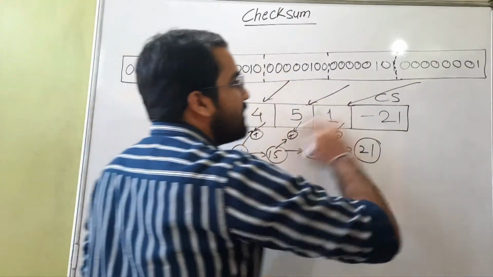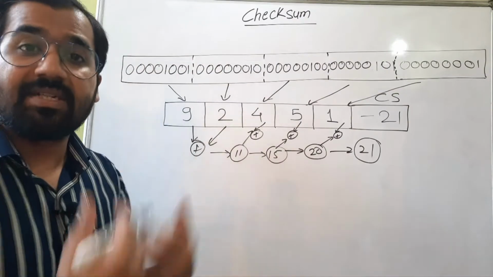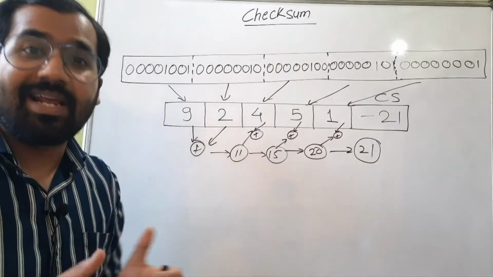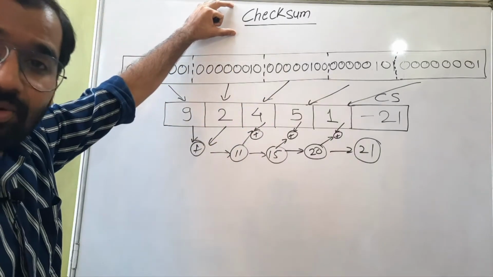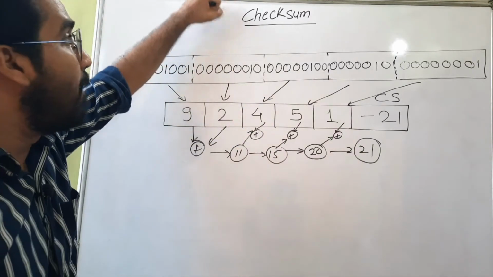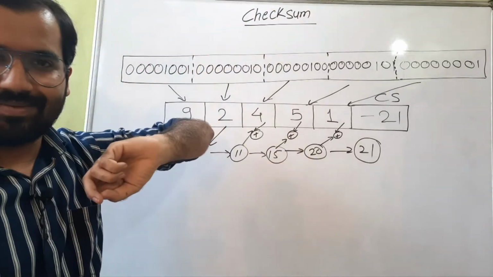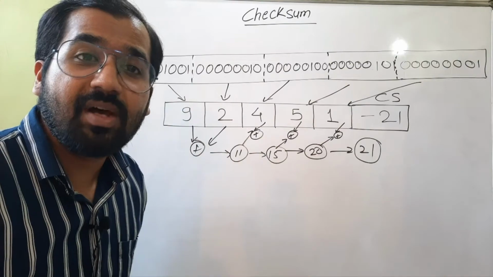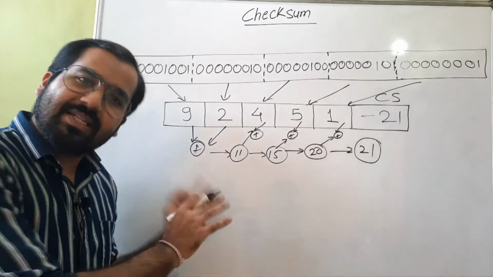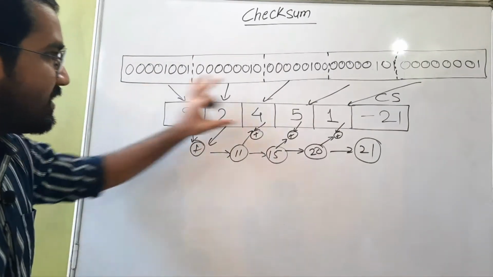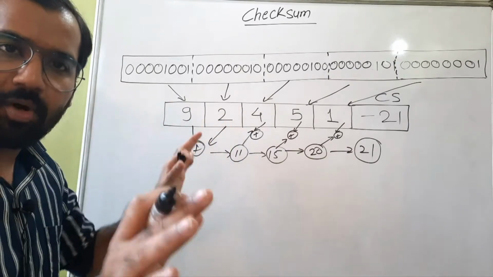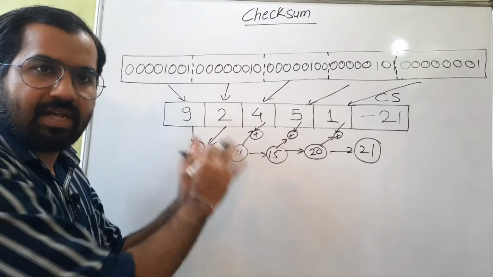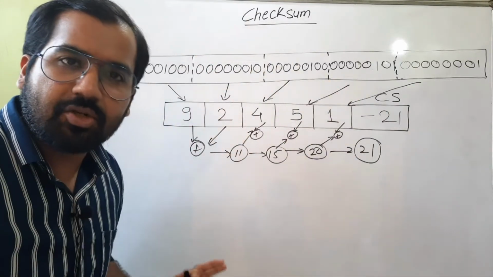Now this data is ready to be sent from the sender side, and when it reaches the receiver, what happens? Basically, the sender is trying to say to the receiver, please check the sum. That's what the sender is trying to say to the receiver, and the receiver does the same. Let's say this is the same data, without any modification, without any error, the original state of the data is intact, and it has reached the receiver end.